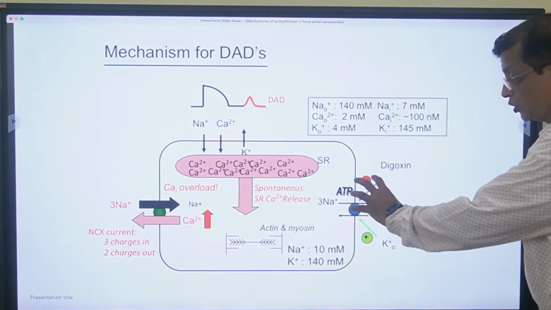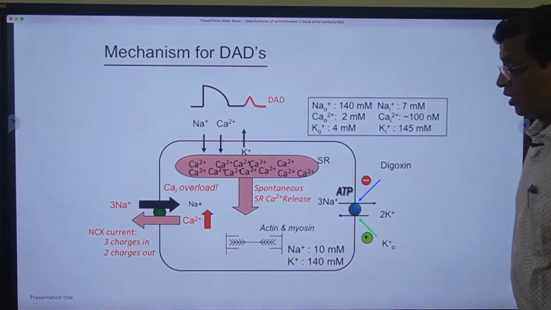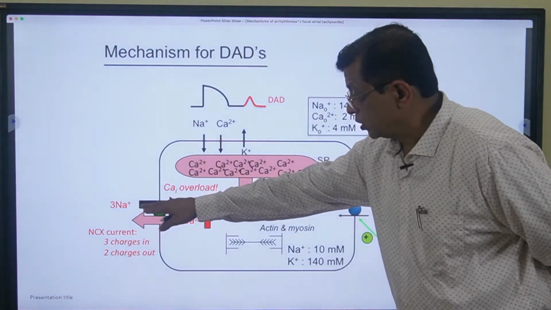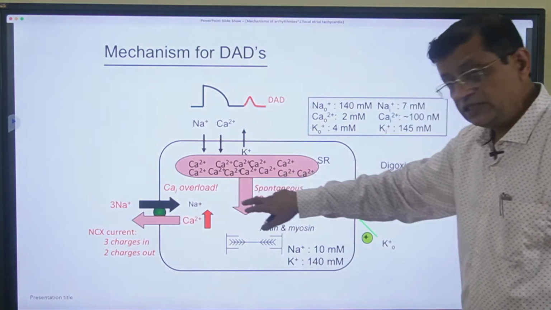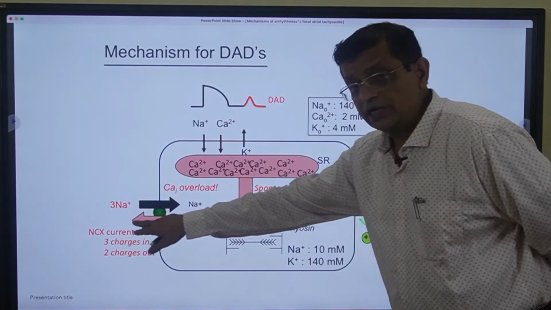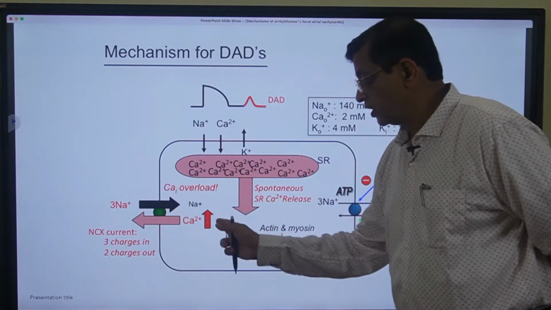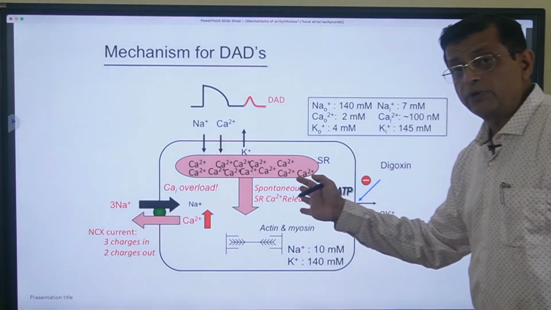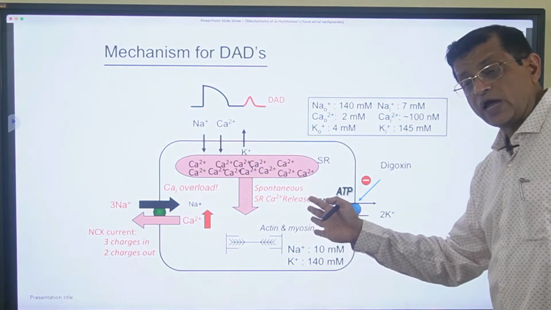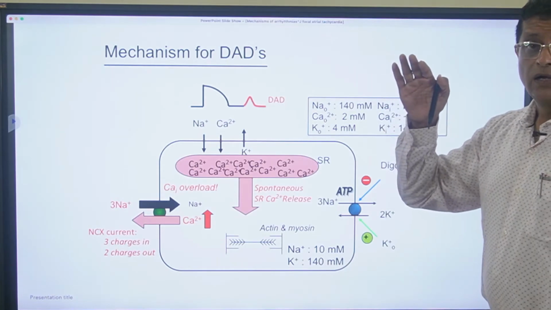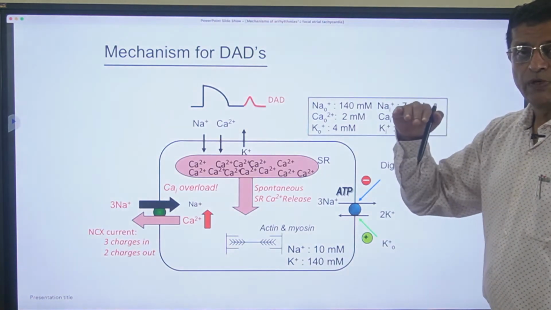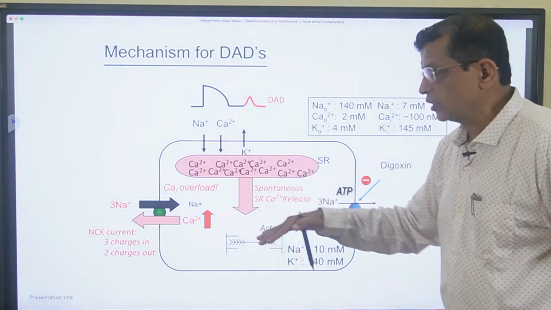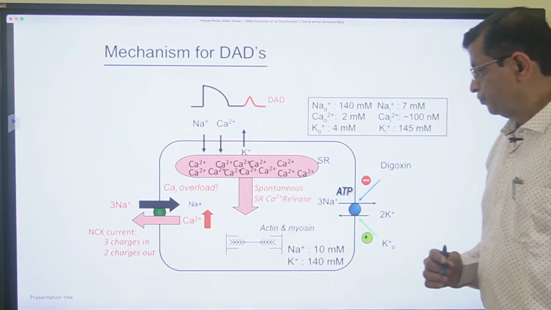Don't confuse it with the sodium potassium exchange pump, the ATPase. What happens is this pump takes 3 sodium inside while pushing 1 calcium outside. So 3 charges inside, 2 charges outside, causing net positive charge retention inside. This can cause gradual positivity in the membrane potential, and if this reaches the threshold, it can generate an action potential. This can be